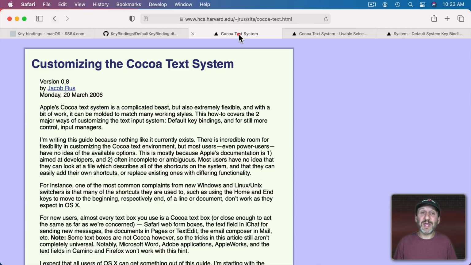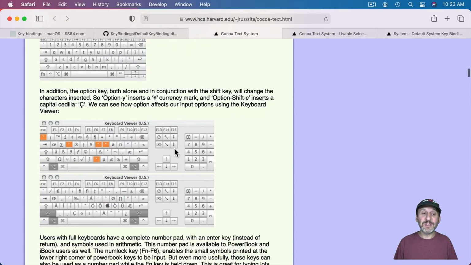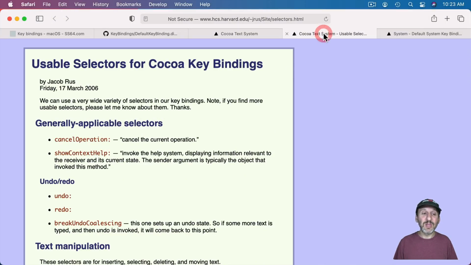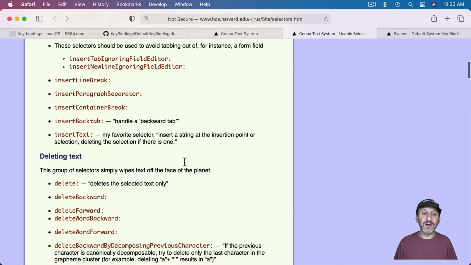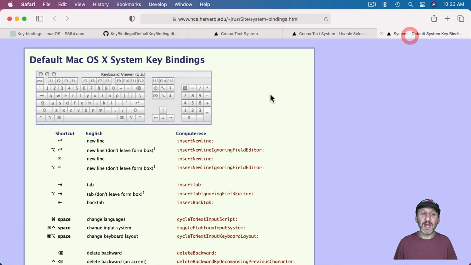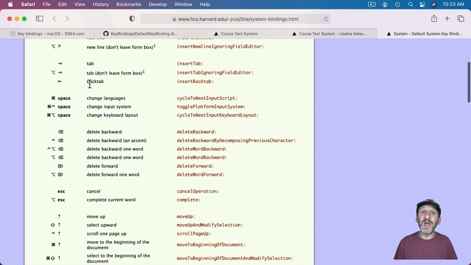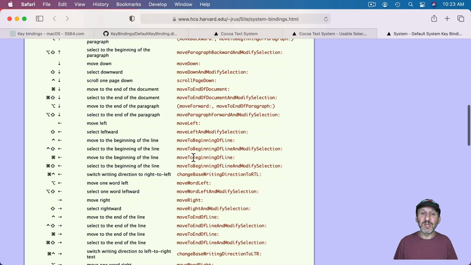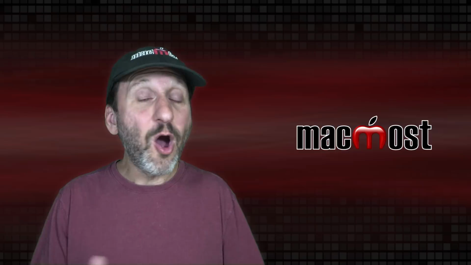There's also a series of pages here that is pretty old but seems that most stuff still works, going into some details about these key bindings. There's a handy list here of a lot of the different commands and another handy list here that shows you how existing keys are already using these key bindings. So you could actually use something that's already in use, like move left to the left arrow, and that's how you could add that command to your own key binding. So look through these pages if you're really interested in digging deep and creating your own key bindings that do powerful things. Hope you found this useful.